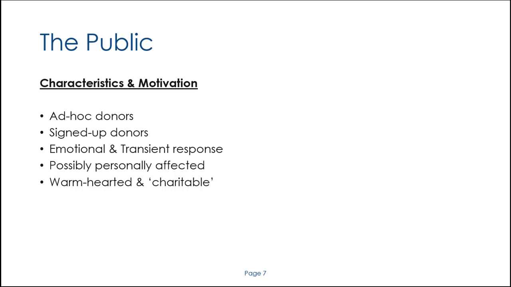So the public is, of course, the most prevalent providers of funding and donations to charities. And let's look at what their characteristics are and what sort of things motivate them. Now, many charities find that they obtain donations on an ad hoc basis. If a particular thing has happened in the world, a disaster, a famine, a medical emergency, then people are often very willing to just reach into their pockets and make a small ad hoc one-time donation just because they're moved or motivated by the information that you've provided for them or the thing that's happened in society or in a particular situation in the world.